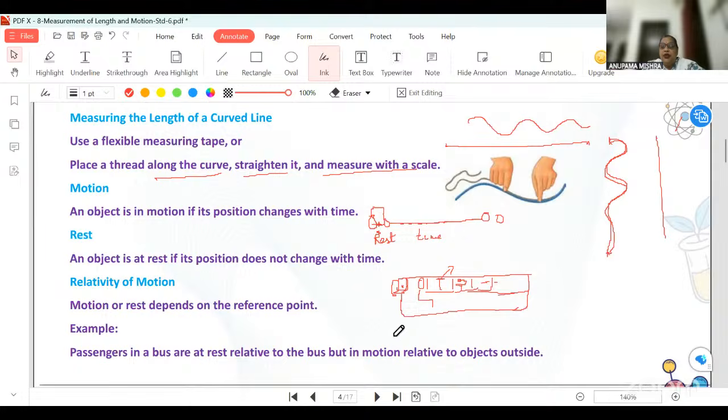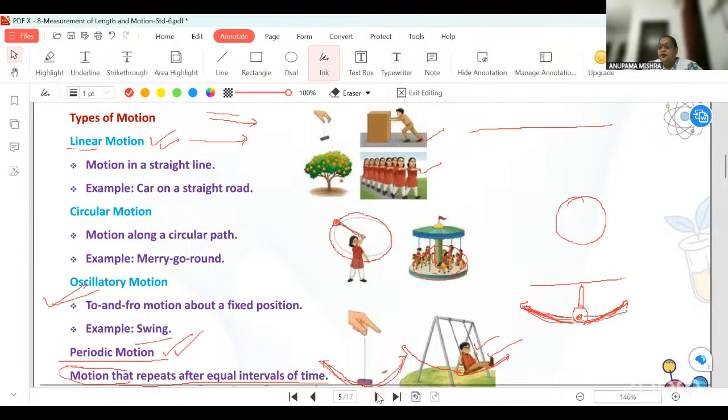सो इस तरह से हम लोगों ने ये सब किया था। फिर उसके बाद हमने किया था टाइप्स ऑफ मोशन। जो देर से ज्वाइन किए वो भी एक बार सुन लीजिए। टाइप्स ऑफ मोशन जो है वो बहुत तरह होते हैं, लेकिन आपके 6 स्टैंडर्ड में 3 टाइप्स ऑफ मोशन इज वेरी इंपॉर्टेंट। लीनियर मोशन, सर्कुलर मोशन, ऑसिलेटरी मोशन। लीनियर मोशन का मतलब होता है जो स्ट्रेट लाइन में जाता है, जैसे कार एक मूव करता है वन प्लेस टू अनदर। कार आपका कभी भी गोल गोल नहीं घूमेगा, कार हमेशा स्ट्रेट लाइन में जाएगा। एग्जाम्पल, कार ऑन अ स्ट्रेट रोड।